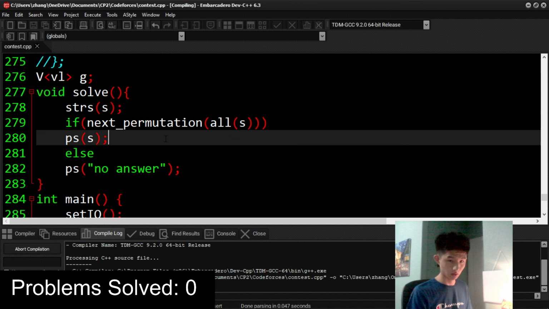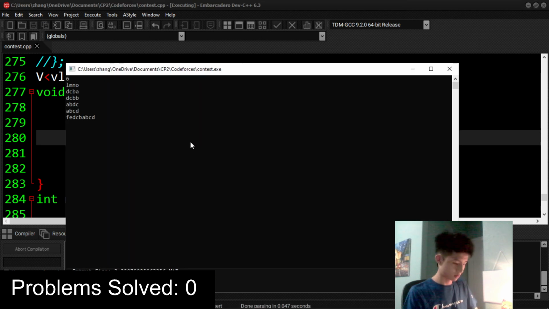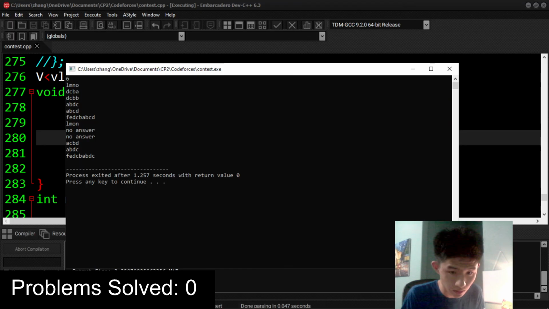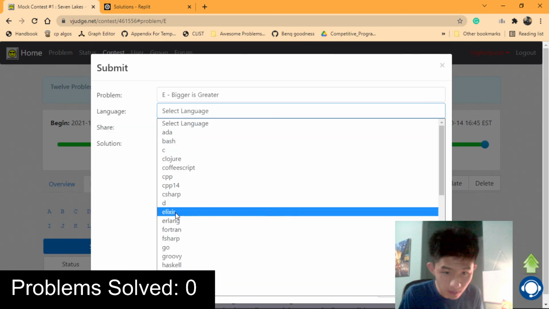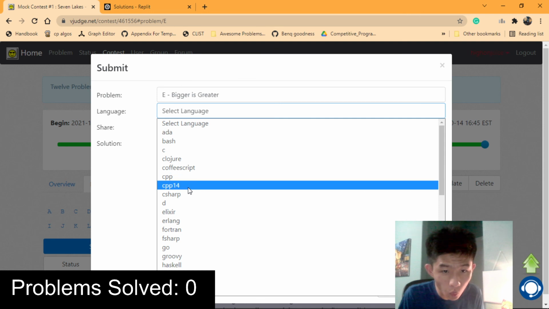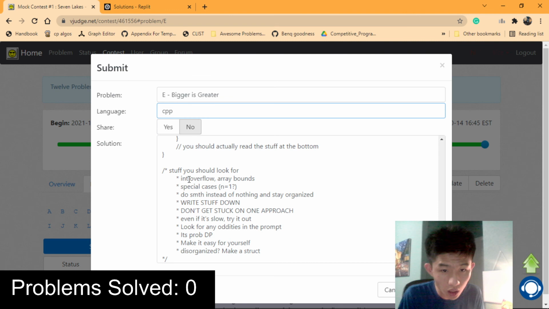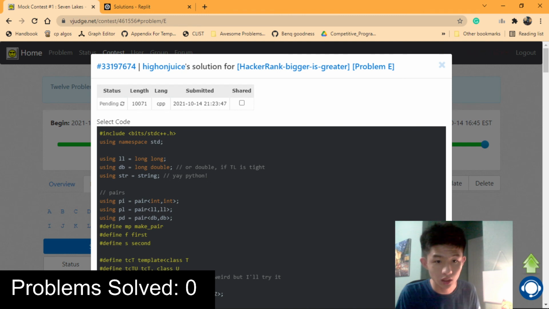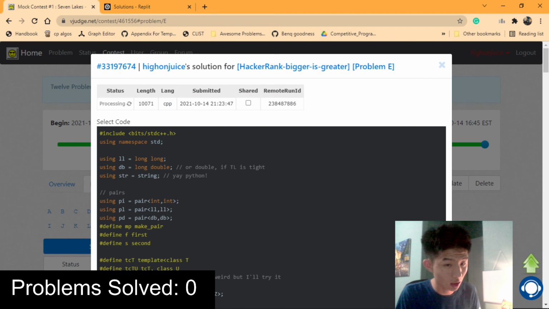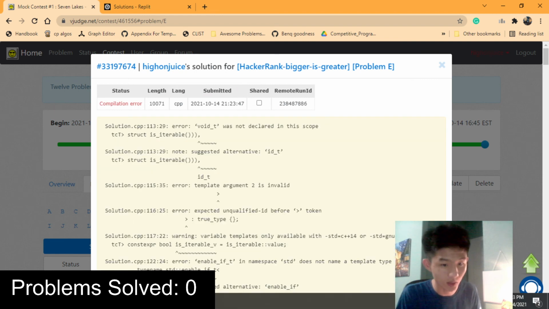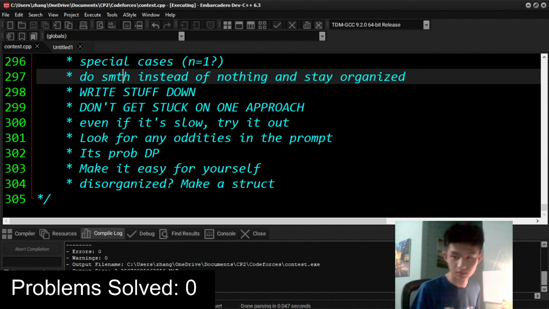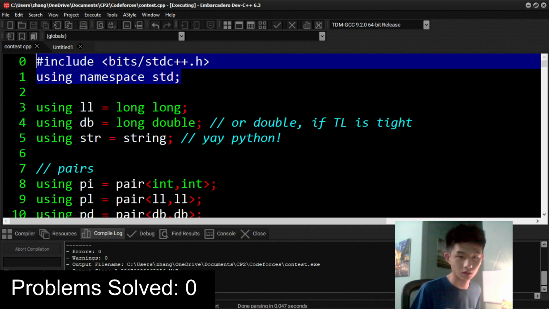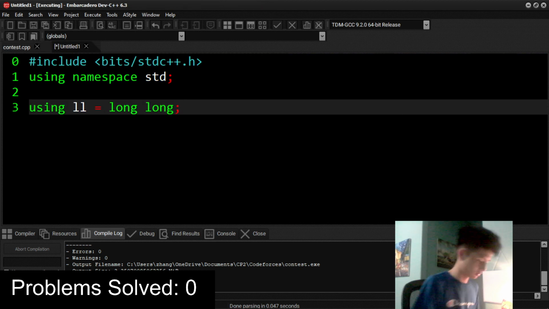This is one of the reasons why I don't like Java. They don't have functions like next permutation. I need to do something like DFS or something stupid just to get the right answer. CPP. Oh, shoot. I don't know if this is going to work because it's not in the latest C++ language. It's processing. Yeah, okay. Shut up. I hate C++. Okay, we're gonna have to code it out. Int main